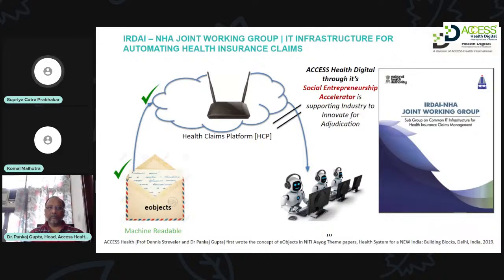process. So I would take a pause here and check if Dr. Pankaj would like to add anything at the end of this